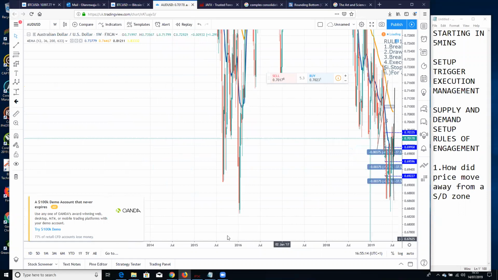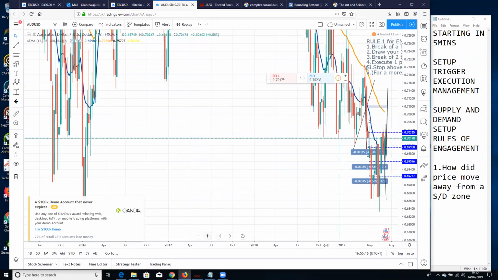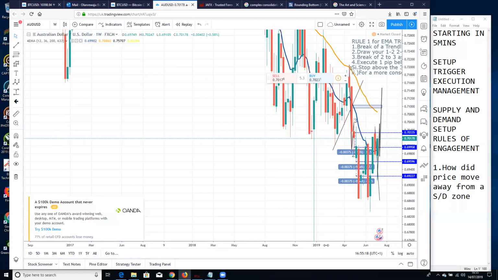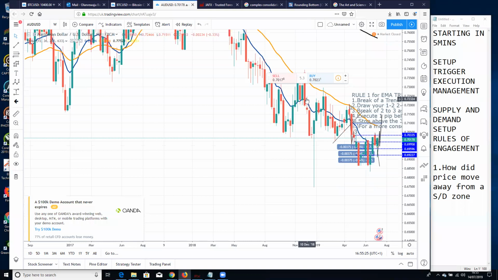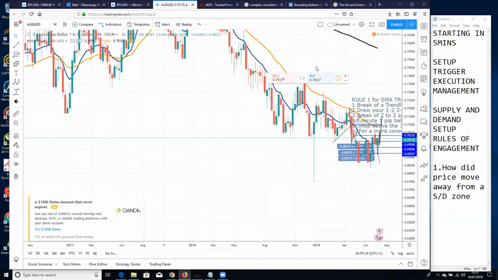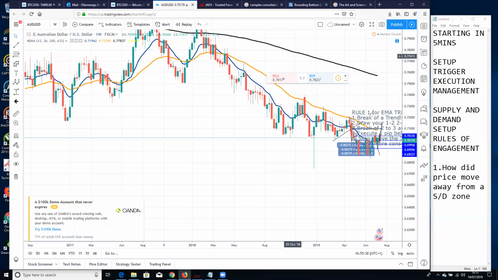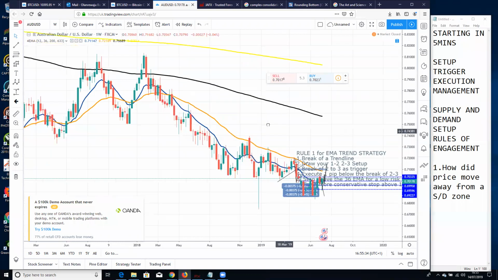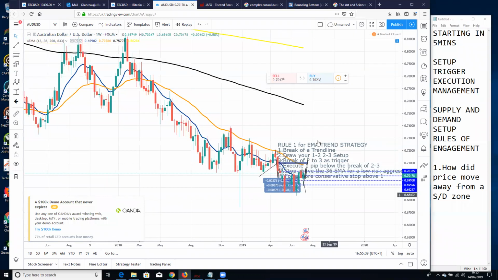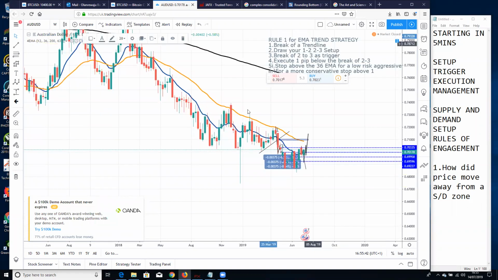So looking at this, you see it on the screen. Blue is 12 EMA, 36 is orange, black is the 200 EMA, and 63 is the yellow. All right, so looking at this chart, you'll be able to agree with me